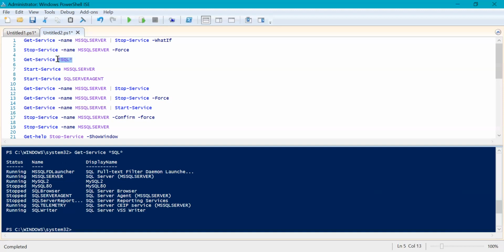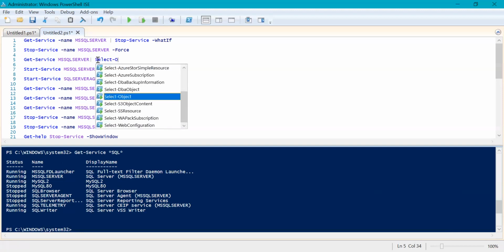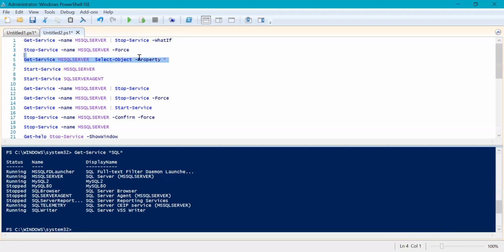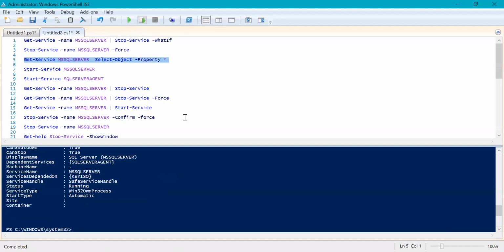Just for an example, let me check where exactly I can get the details of all the dependent services. So if I do Get-Service MSSQLServer, then a pipe, then Select-Object, Property, and let me give an asterisk, and let me execute this.